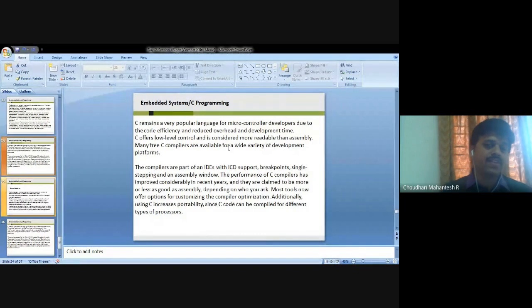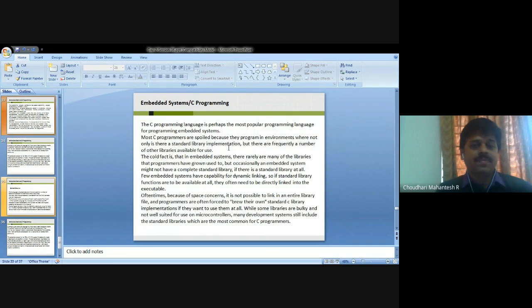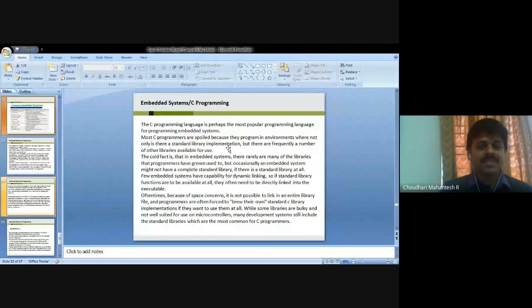Whatever the software and coding requirements are, most importantly we have them in session 8. So this is a brief idea of embedded C and C programming with assembly language.